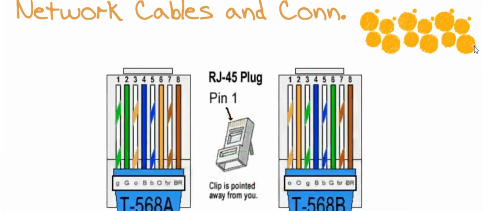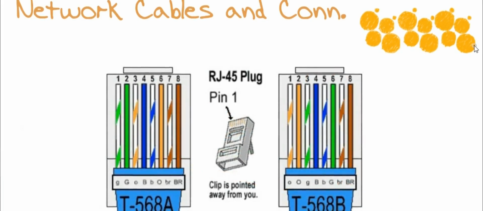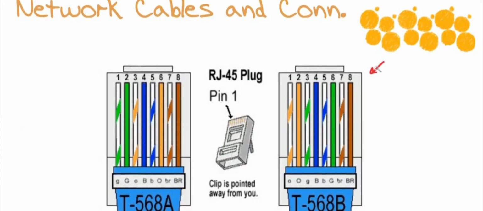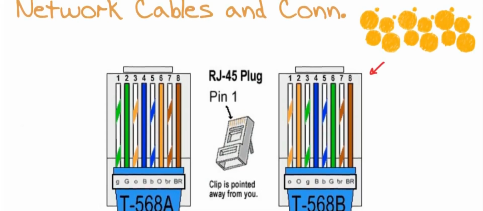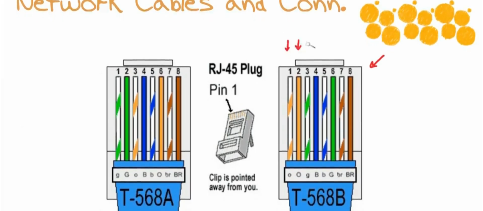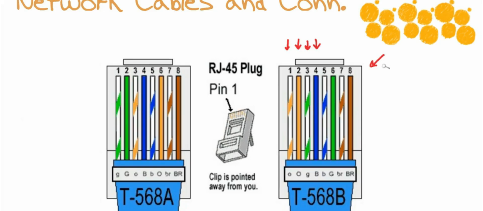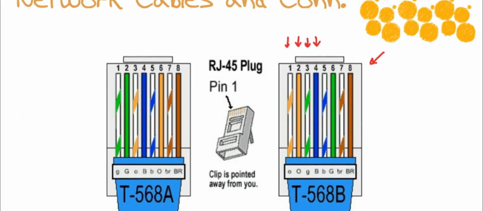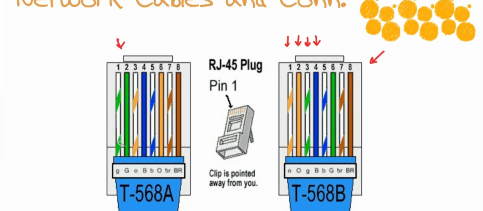Now what's cool about our connectors is they're clear plastic typically, so we can see the wires inside the connector and we can see how they're arranged. There's 2 common standards for this. There's T568A and T568B. So if you look inside the clear connector and you see the orange-white, the orange, the green-white, the blue, you get the idea. If you see this arrangement, you're dealing with the T568B. If you see this arrangement, which doesn't start with orange but starts with the green, you're dealing with